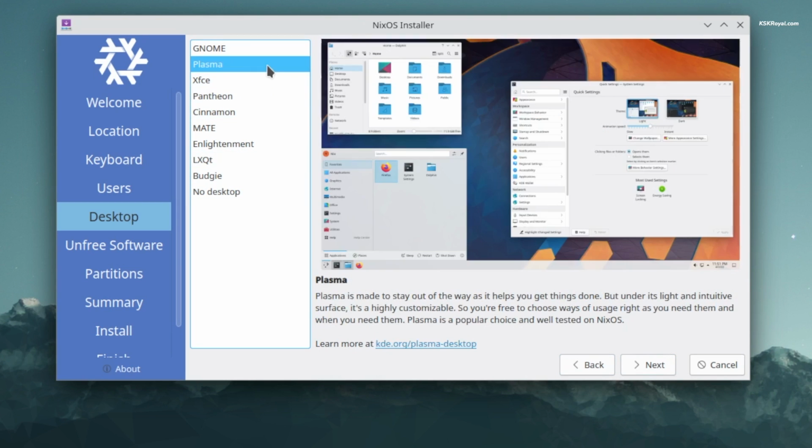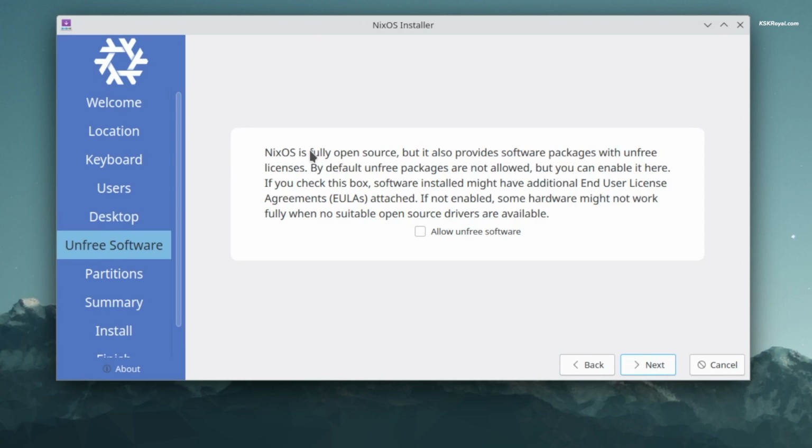Then click on Next. Now you can tick this option to install unfree software using the Nix Package Manager.